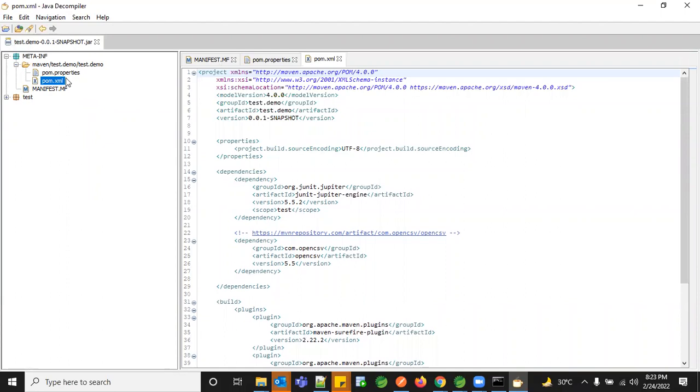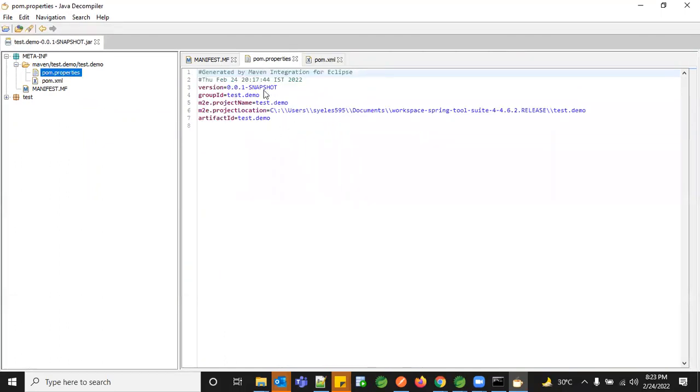packaged here. And then in the POM.properties, you have exactly the group ID and where exactly this particular project has been installed from, or you have the final version from. So this is my place where I have created. Since it is a local environment, I'm able to see these properties.